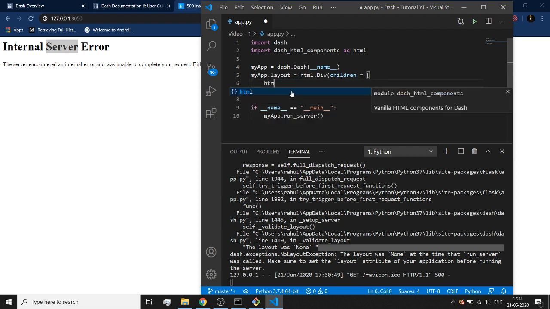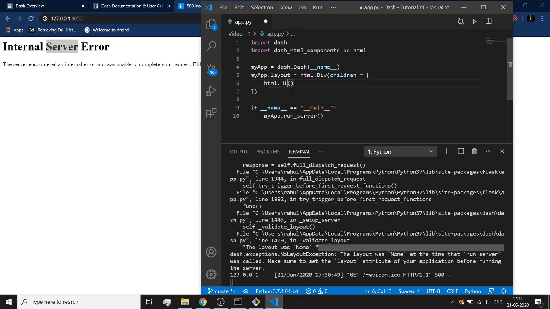I want to do something like html.h1. Now what does this h1 represent? H1 is a way of making headers, and 1 stands for the topmost header. If I do 2, then the default size of this particular header will be smaller than h1. So this is the only difference between html.h1 and html.h2.